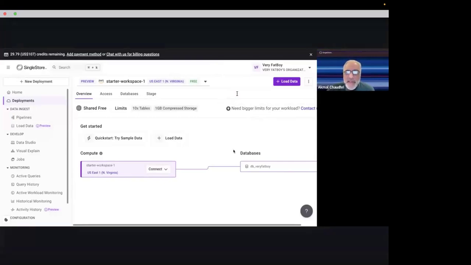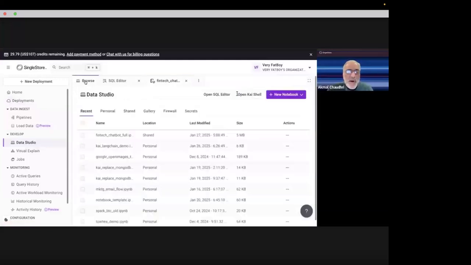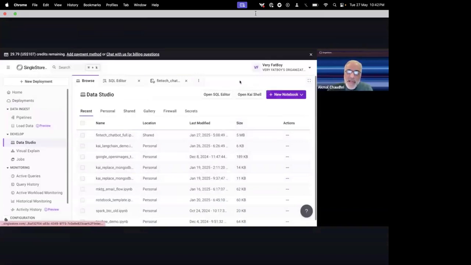The other thing is that once you've checked that you've got your compute and database, the next thing to do is just get your notebook loaded in. If you go here to Data Studio, you'll see this option, browse. You can see I've got quite a few projects I've been working on, but look on the right-hand side, you've got this thing that says new notebook. If you click this, you've got two options: create a new notebook or import from file. So you want the import from file option.